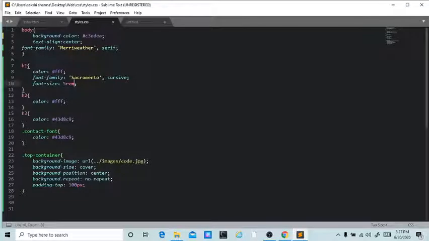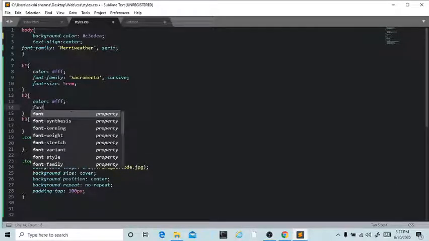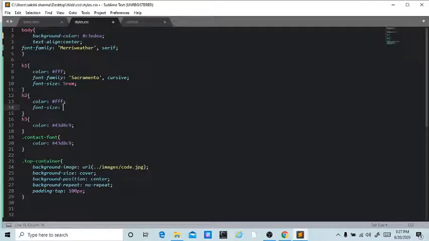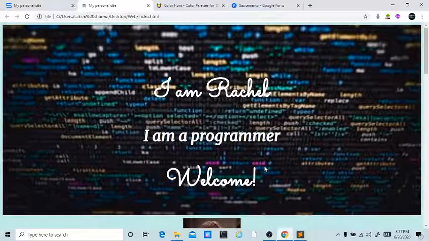H2 font size, 2.5 REM or 3 REM. Let it be 3 REM and it's looking great.